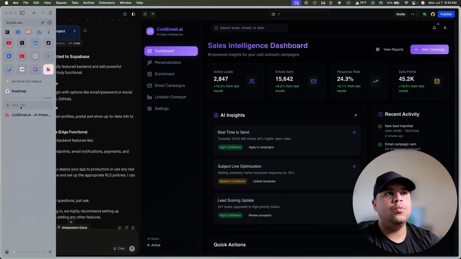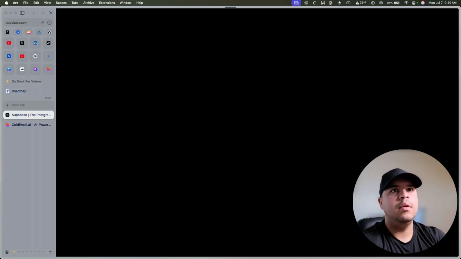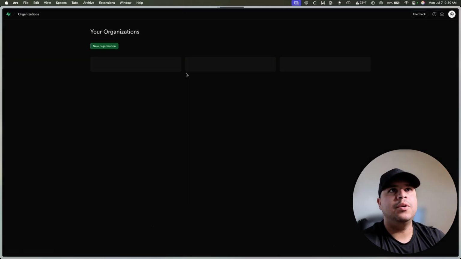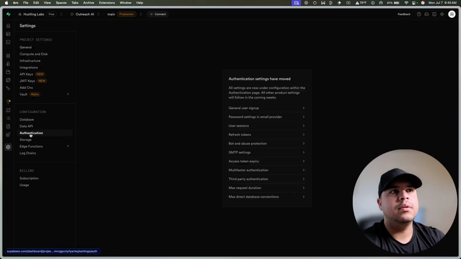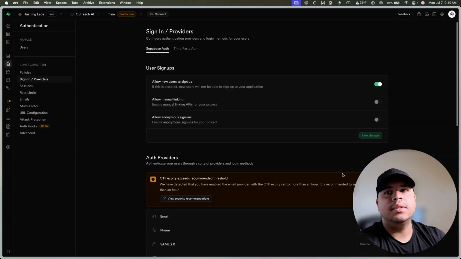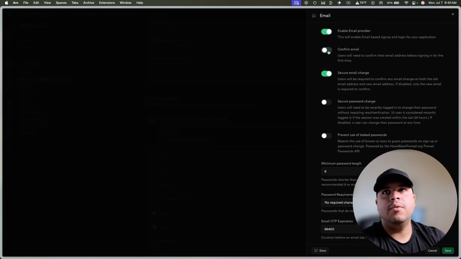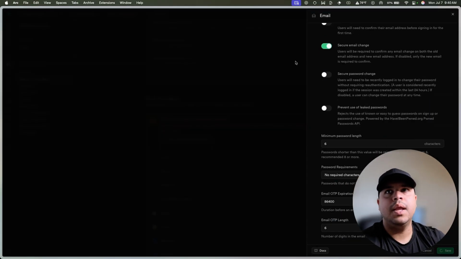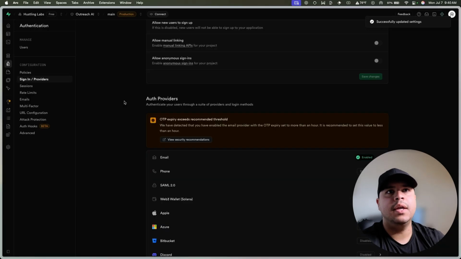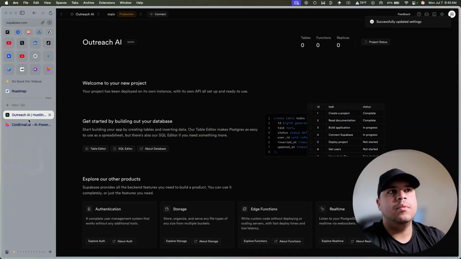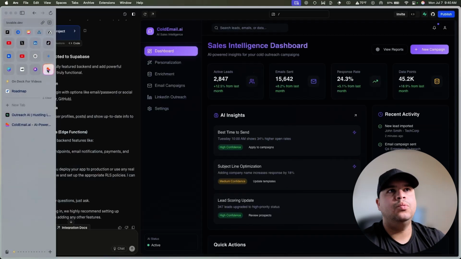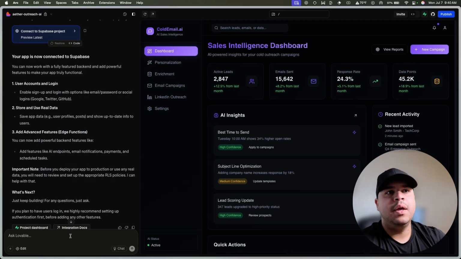All right, we're going to go to Supabase really quick. I want to create my own account, but I want to make sure that we are not compromising. Authentication, generate user sign up. So we don't need to confirm emails, at least for this specific use case. So we're going to go back to Lovable, and we're going to ask to create